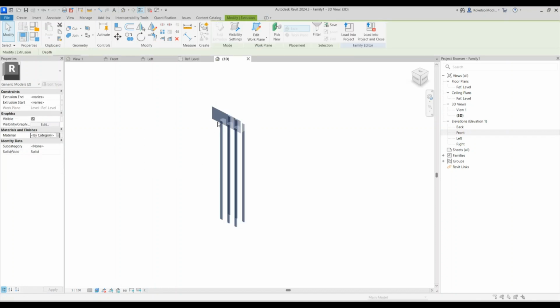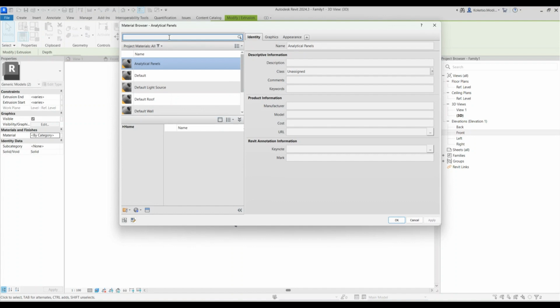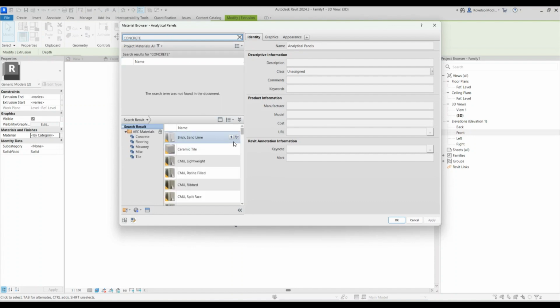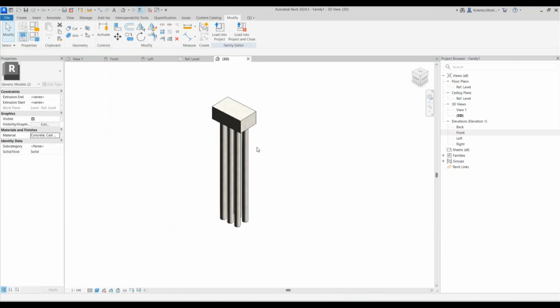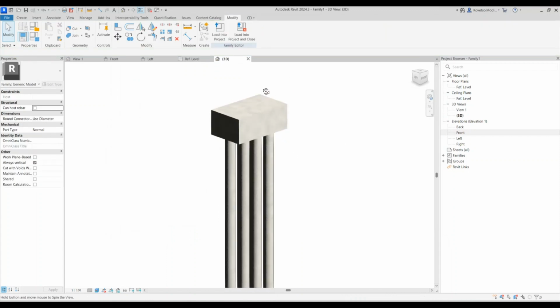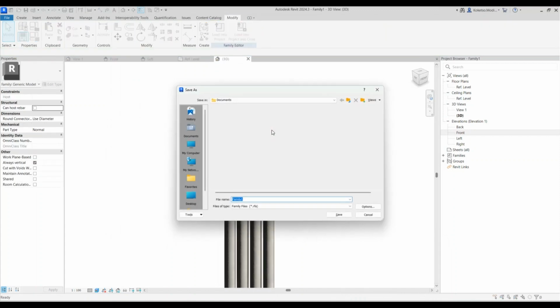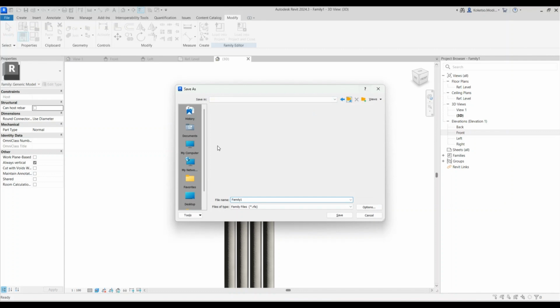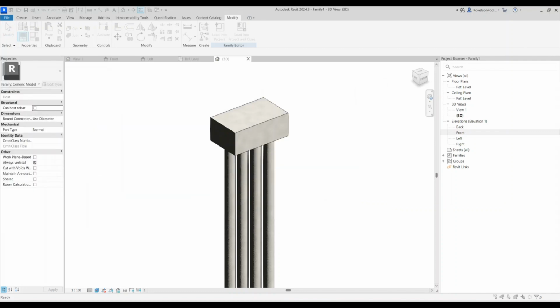So the last step obviously is to apply the material. So I'm just gonna make it concrete. Type in concrete, and if I scroll down, I'm gonna say concrete cast in situ, apply, and then okay, and this is what we have. So I'm just gonna save this,